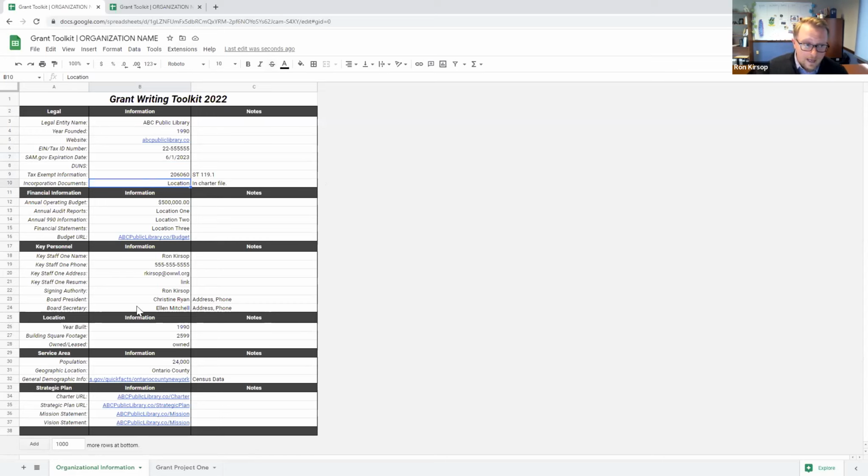So when you're adding information here, you may have a direct link, which is really helpful. That's great. You may have all of your incorporation documents scattered all over the place. If you're a public library, most of your documents should be on your website for minimum standards. If you're a different type of entity, a different type of library, you may have set locations for all of this stuff. So listing out where these exist, like in the notes, so I have in charter file here,